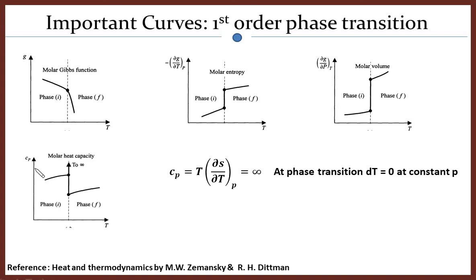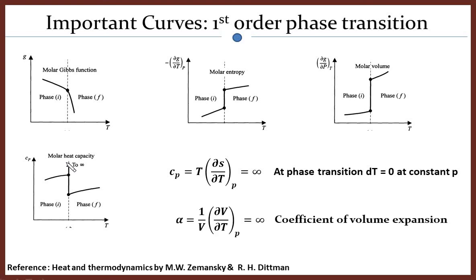If you plot the curve for this specific heat, you will find that initially in phase I it is continuous and suddenly it jumps to infinity. And if you come from the final state, you will see it's continuous till the transition point and then becomes infinite. Similarly, other properties like the coefficient of volume expansion will also be infinite. These curves are very important. Also, this relation: you will find many questions from this single screen in your examination, even in your competitive exam.